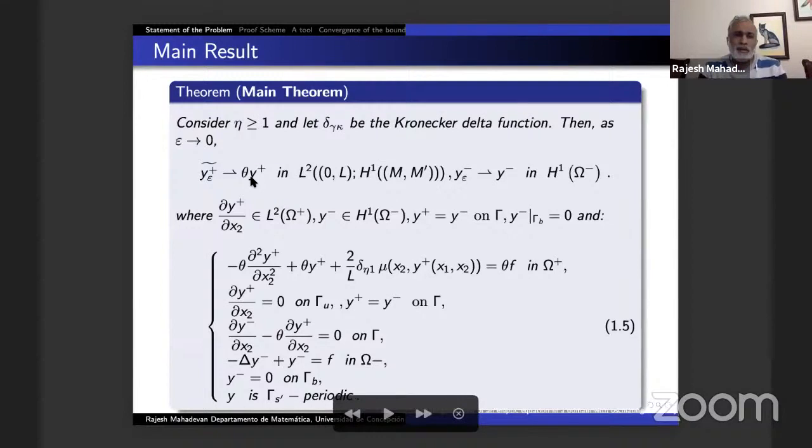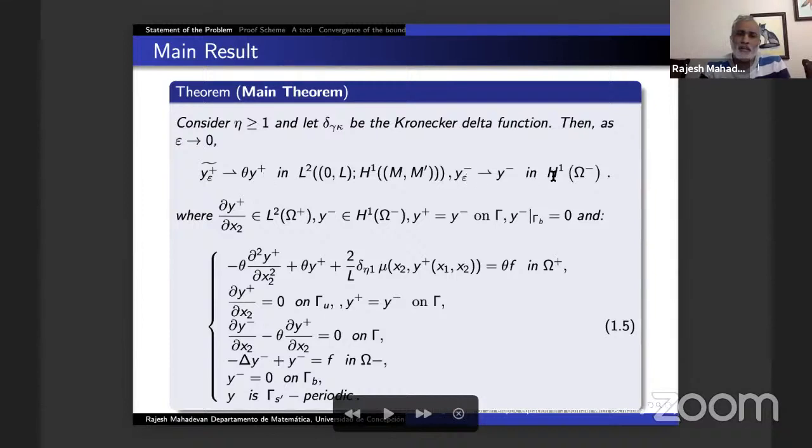So in the upper part, the limit y epsilon will have two components, one in the upper part and the other in the lower part. Since it's not defined outside omega epsilon, we extend it by 0 and denote it by y epsilon tilde, and this should converge to a function theta y plus,